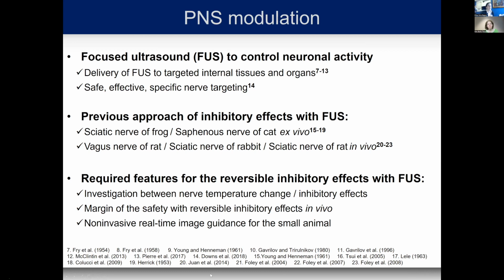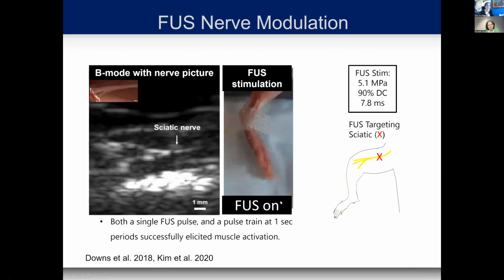As we know, some of the papers go back several decades to the Fry brothers, and a lot of effects have been reported that you can control neural activity in specific tissues and organs in various different species. It could also have inhibitory and excitatory effects. Mainly inhibitory is what people have found with FUS, and reversible and safe overall. So we got started with that through